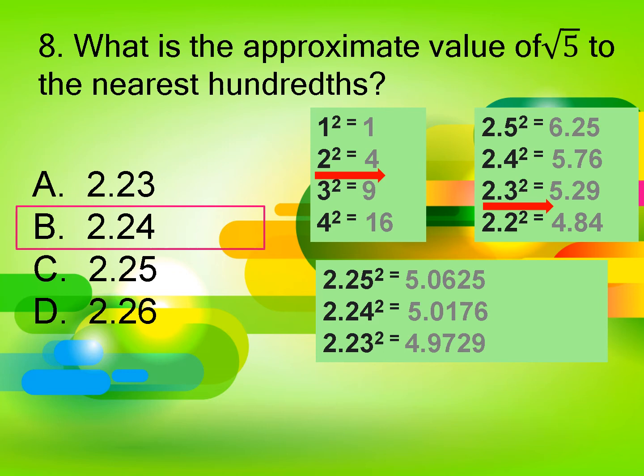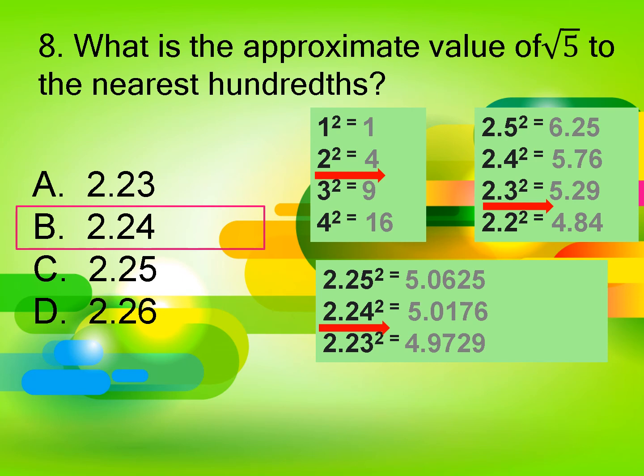So we'll go lower, so that's 2.24 squared, which is 5.0176. That is still greater than 5. So we will go lower than 2.24, that is 2.23. And the result of 2.23 squared is 4.9729. So meaning this 4.9729 is lesser than 5. So it lies between